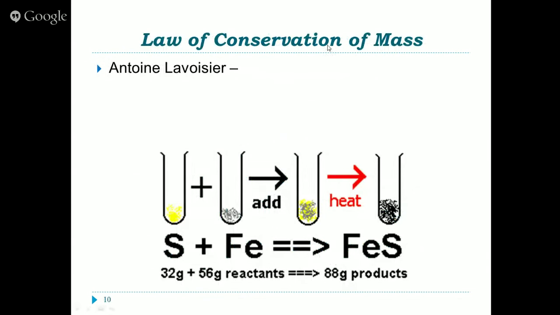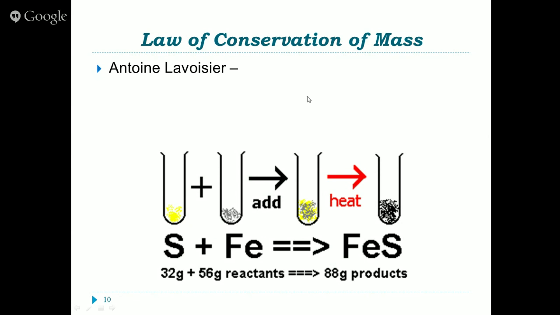Studying the law of conservation of mass. Antoine Lavoisier, he was a Frenchman, and he did a test where he was studying the rust of iron. He put it in an enclosed container and took the mass before the iron rusted and after the iron rusted. And he noticed that the mass of his enclosed system did not change, even though the mass of the iron went up. So how did this happen? Well, the law of conservation of mass states that the mass that you start with has to be the mass that you end with.